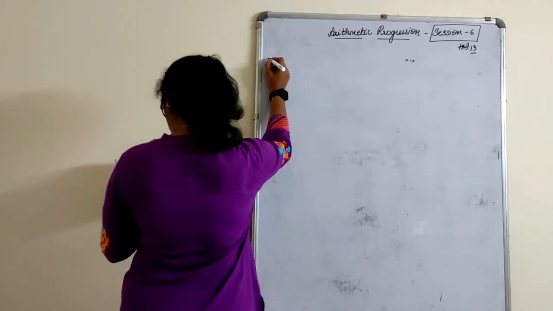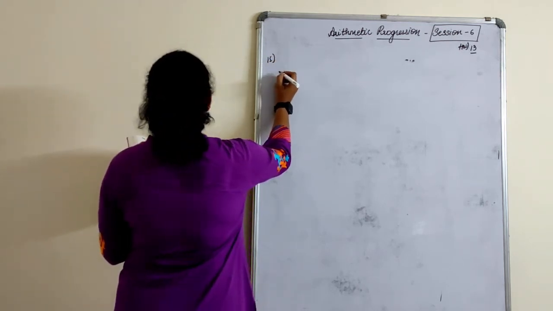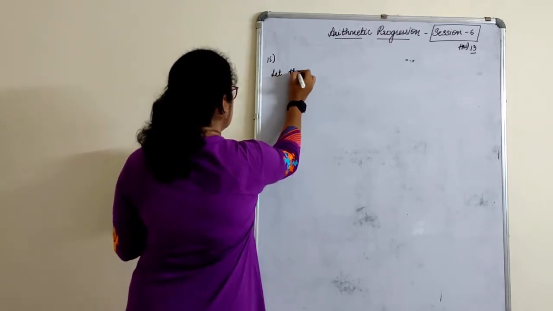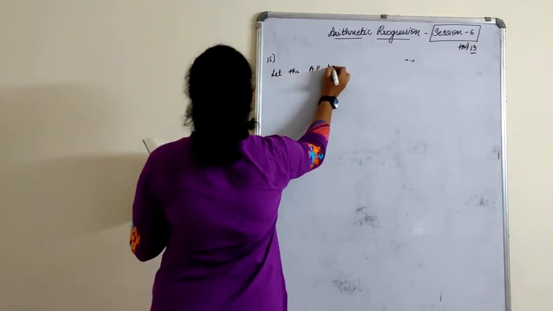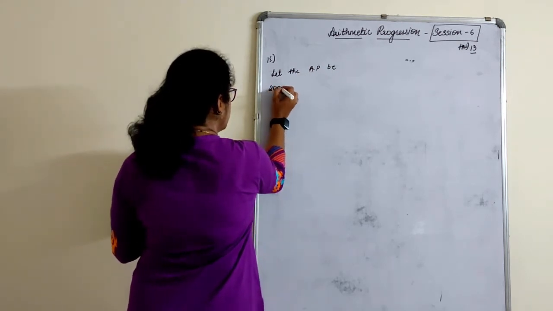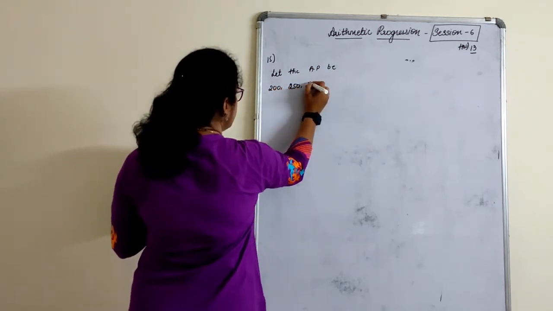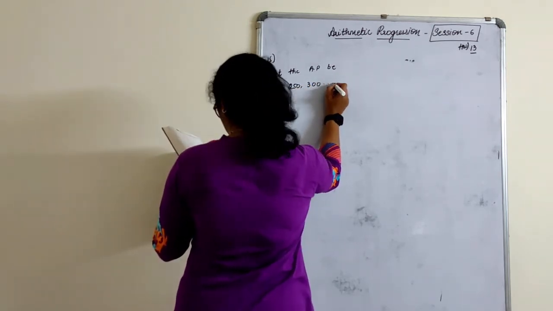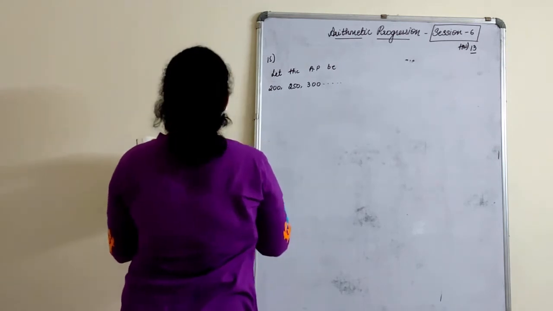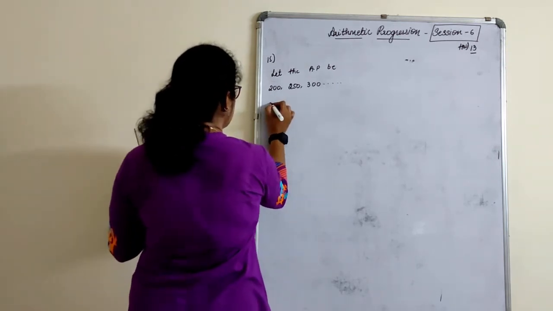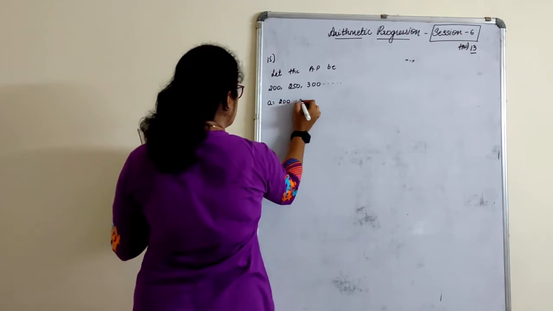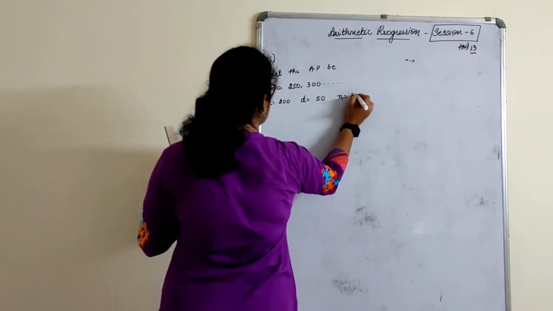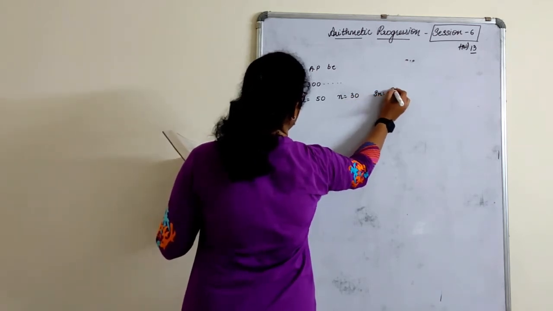So, which question? The 15th one. Since the penalty of each day, we did not write that, directly we will say, let the AP be, amount starts with 200, 250, 300 and so on. So that's all it has been given, where a is 200, common difference is 50, n is 30, find SN.